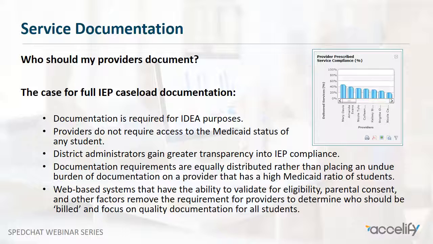Finally, documentation requirements are then equally distributed rather than placing an undue burden of documentation on a provider that happens to have a high Medicaid ratio of students. Districts typically try to balance caseloads among providers so that they're all seeing roughly the equal number of students. But when you do have a provider that happens to be at a high ratio Medicaid school, their documentation requirements